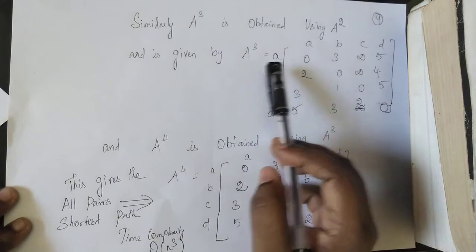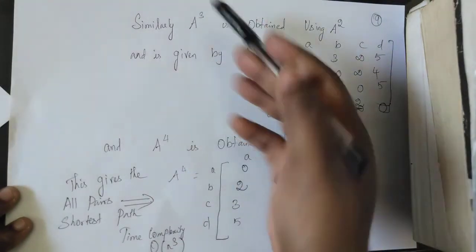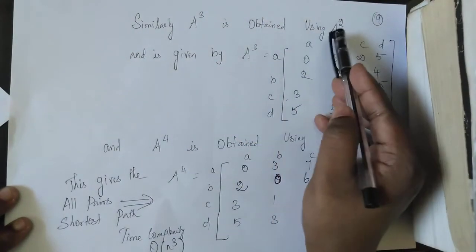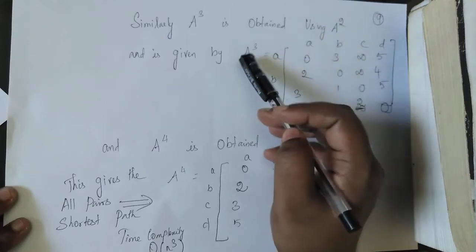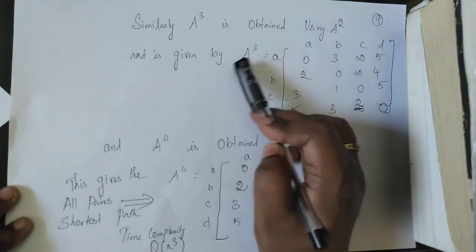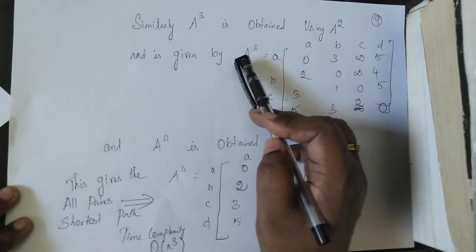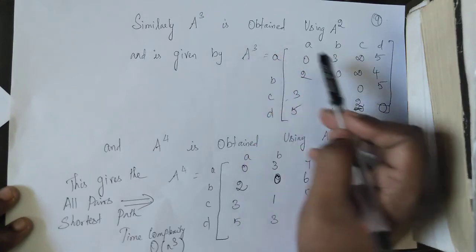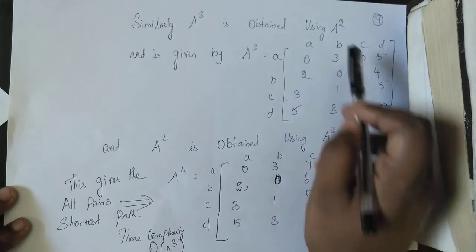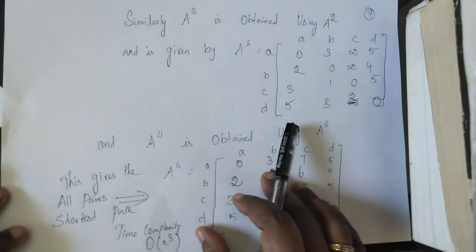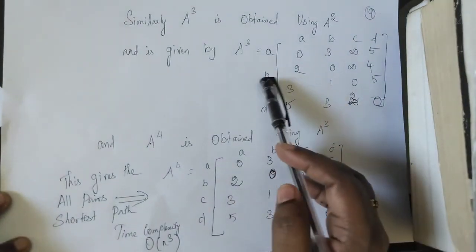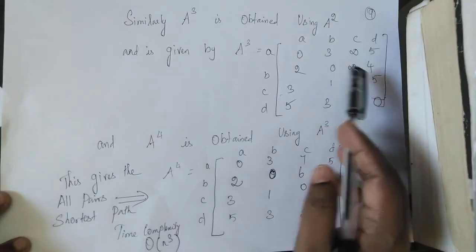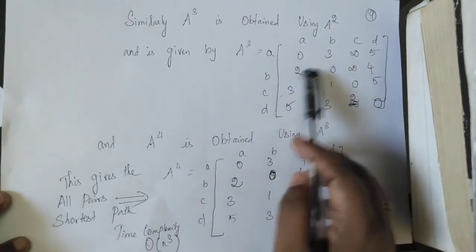Similarly, we can have the A3 matrix through A2. We will have the A2 matrix as the reference, and we have to arrive at A3. And remember, while forming A3, our vertex of focus is C. So we will keep the third row and the third column the same, and we will find using the same formula, and we will update the A3.